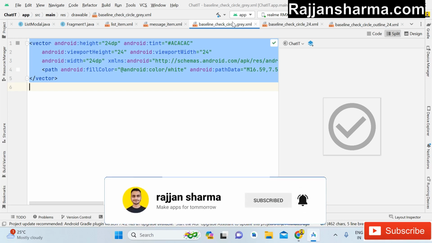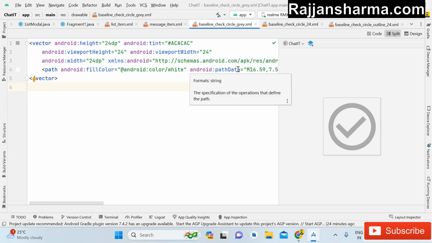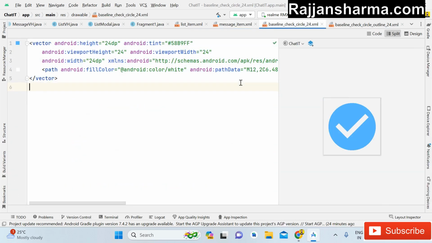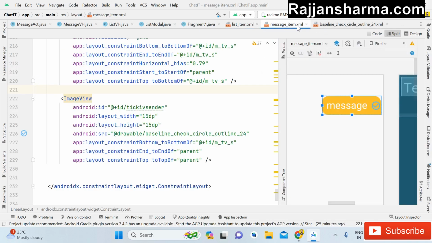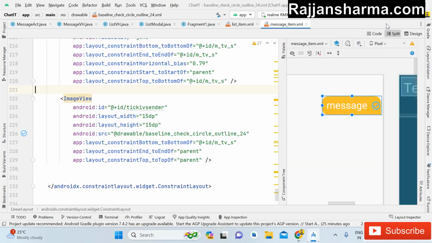I will show you how we can implement the functionality of seen, sent, delivered, online, all these features. You can see that when the user sends a message and the message is delivered, we'll show this icon. And if the user has seen the message, then we will show this one. And if the message is delivered but the user has not seen it, we will show this one. Okay, so in this tutorial we will implement this functionality of showing seen in real time,